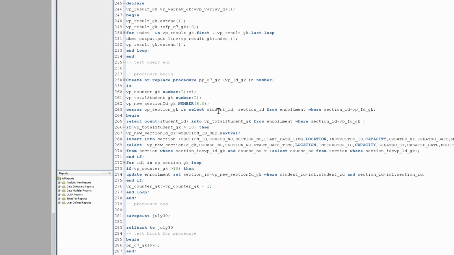This cursor gets the student ID and the section ID from the enrollment table, and we have a condition that the section ID must equal our parameter. So inside the begin and end block, we count all the student IDs and assign the result to our variable from the enrollment student table, and our condition is that section ID equals our parameter. If the total student